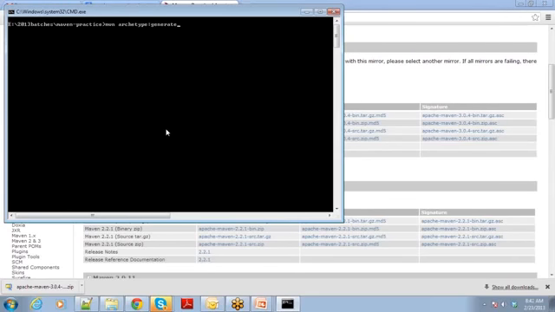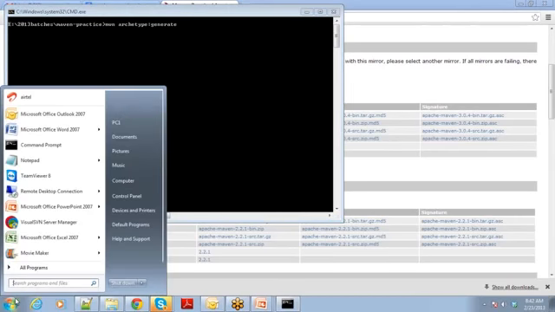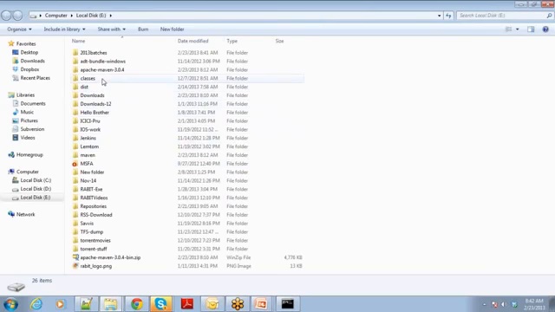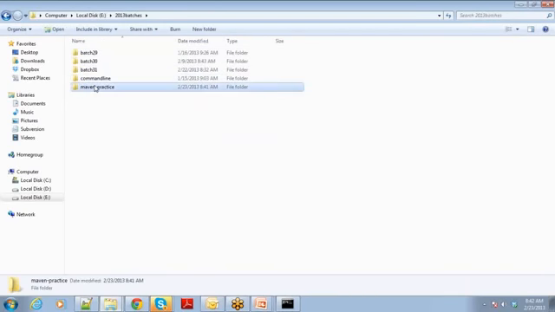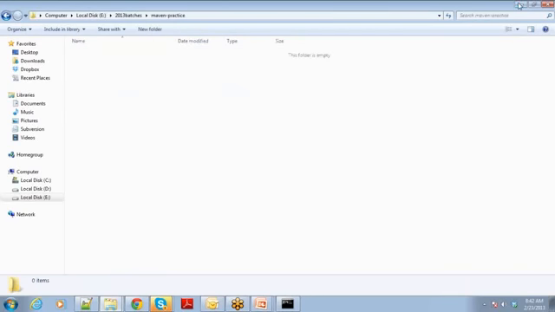I have told you that Maven works on the principle of templates. Here a template is referred to in Maven as an archetype. An archetype is a particular model for a particular type of Java project, Java J2EE project. Now when I say generate, I will get a lot of templates which I can choose from. Before I do, I'll show you that I have just created an empty directory here.